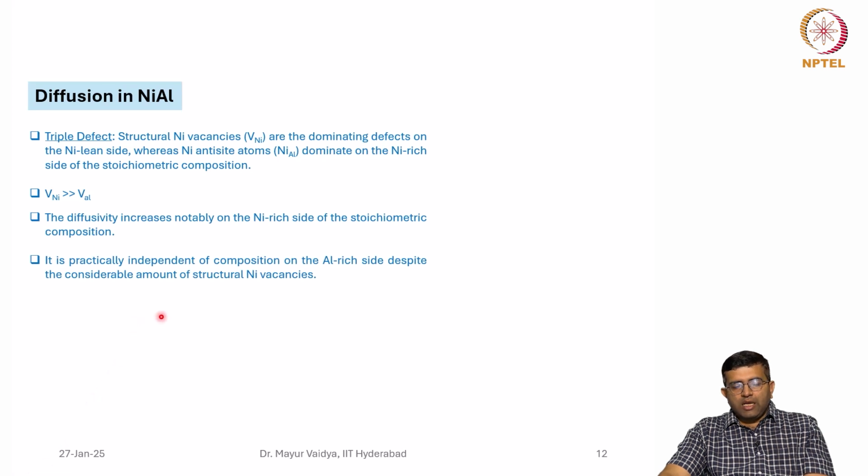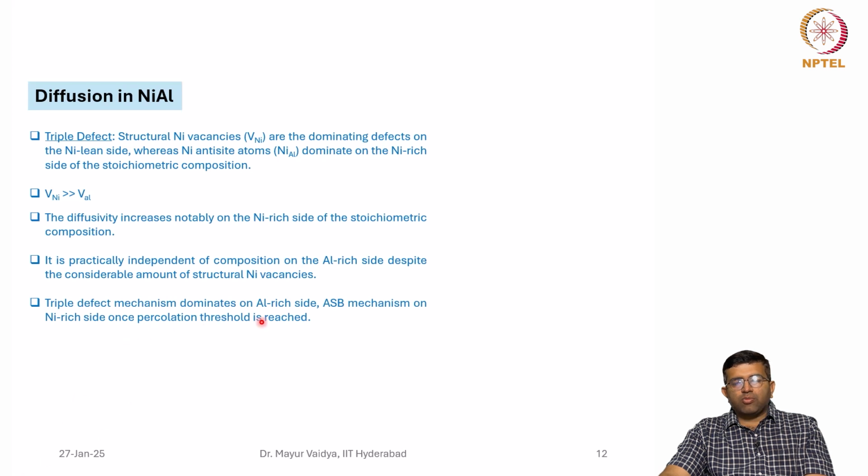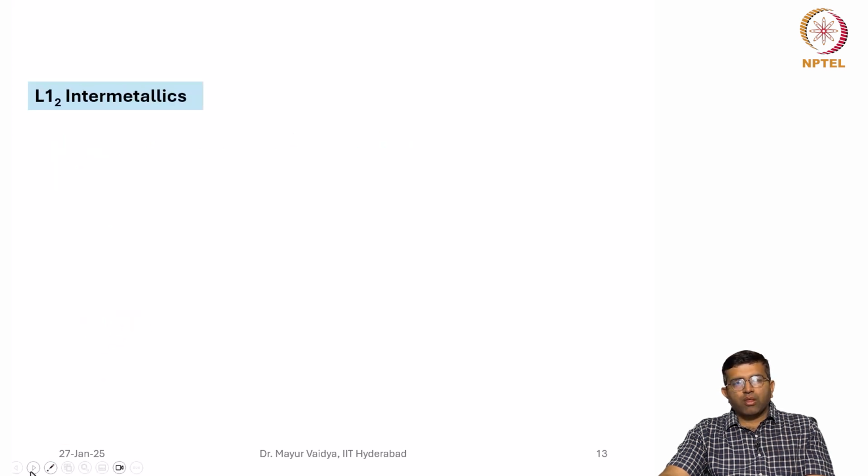It is practically independent of composition on the Al rich side, despite the Ni vacancies being present. And the triple defect mechanism dominates on the Al rich side, and the ASB mechanism on the nickel rich side. This we already saw, once the percolation threshold is reached. Then, in L12 intermetallics,